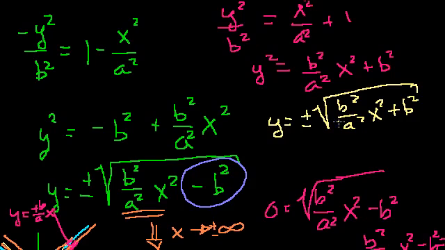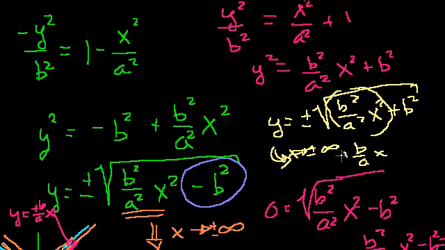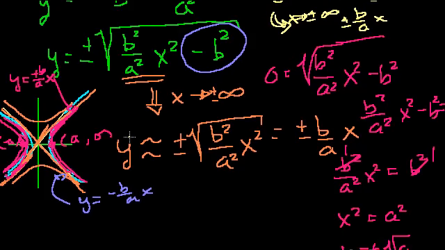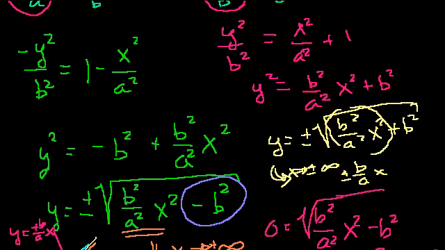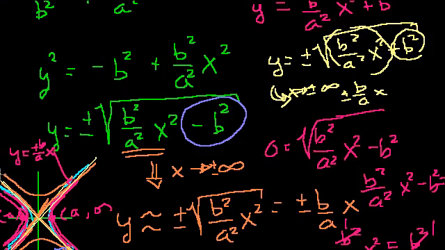We can make that same argument that as x approaches positive or negative infinity, this little constant term right here isn't going to matter as much. So you're just going to take the square root of this term right here, which is essentially b over a x, plus or minus b over a x. And once again, those are these same two asymptotes, which I'll redraw here. That line and that line. But in this case, we're always a little bit larger than the asymptotes. Especially in the positive quadrant, that tells us that we're going to be up here